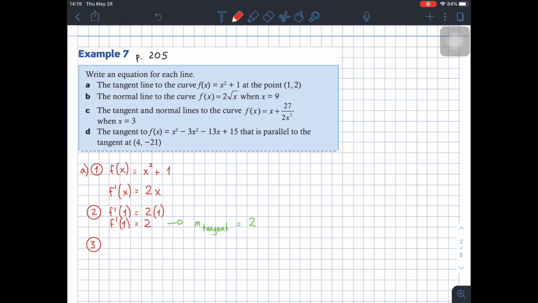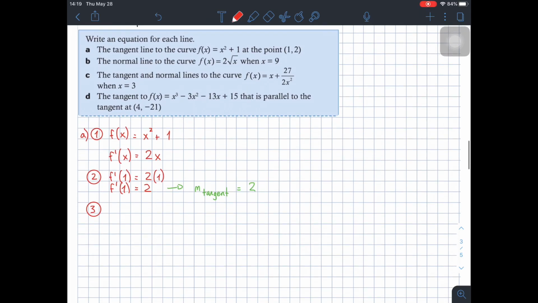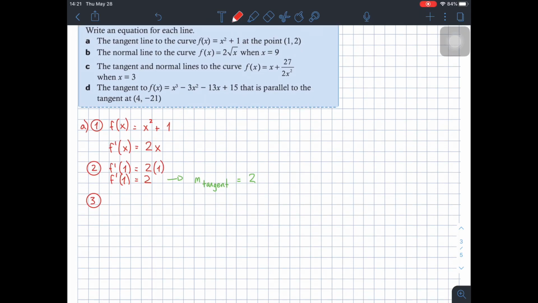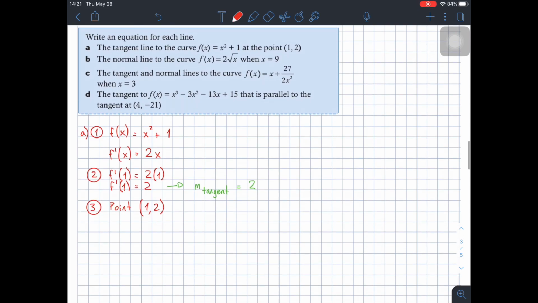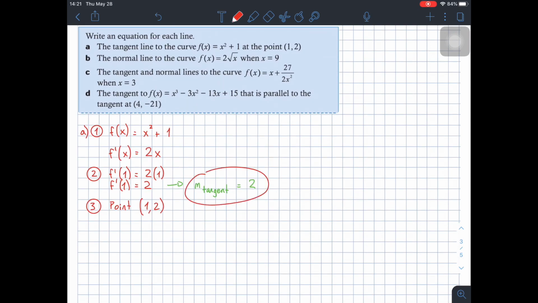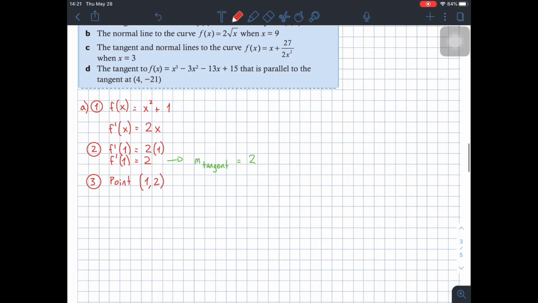In other cases, we're not given it, for example, in the next one we're only given the x value, so we need to find the y value. But as we're given the point in this case, we're just going to say that the known point has coordinates 1 and 2. And that's fine, okay? So we already have the slope of the tangent, we already have a known point where the line passes. So I am able to now find the equation of the tangent line,